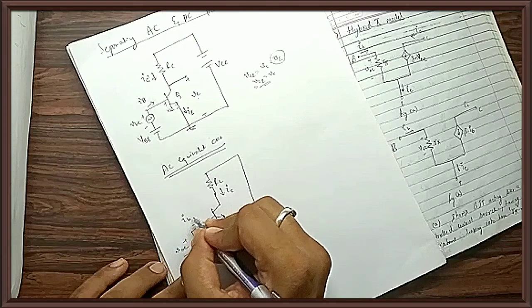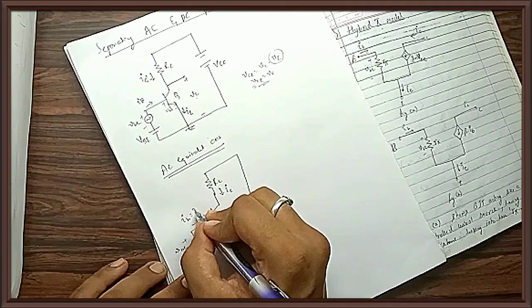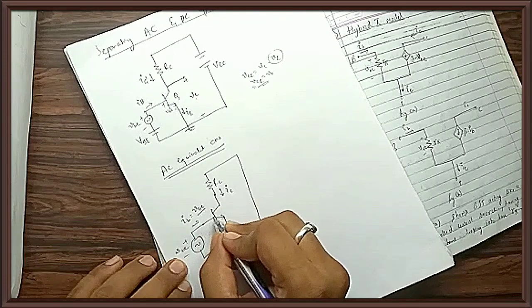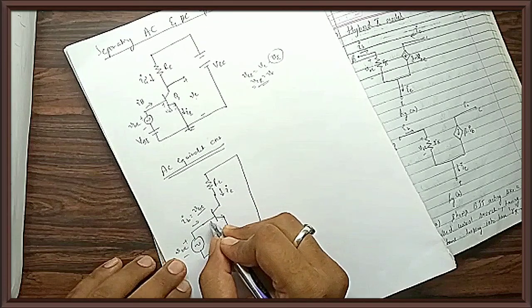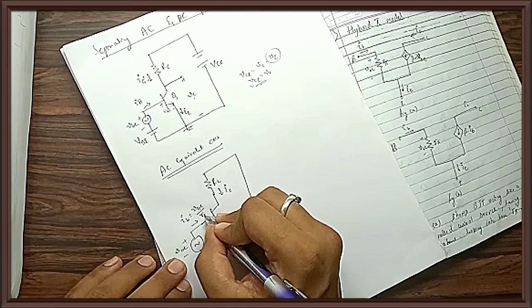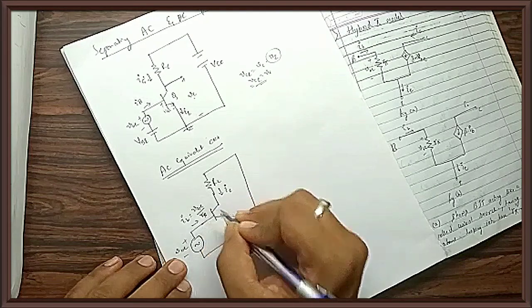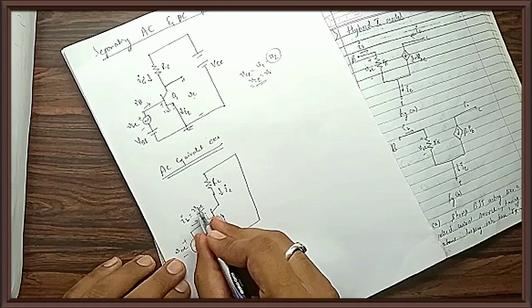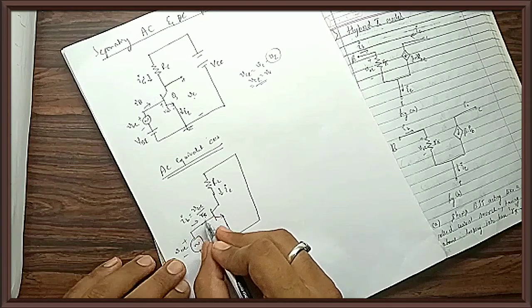The current flowing is small ib. What is ib? It is given by the input voltage, that is vbe. What is the resistance on the base side? The resistance on the base side is r pi, which I had read in the last session, correct? So it is vbe by r pi, since I is V by R. What is vbe? It is the input voltage applied, that is vbe divided by r pi.